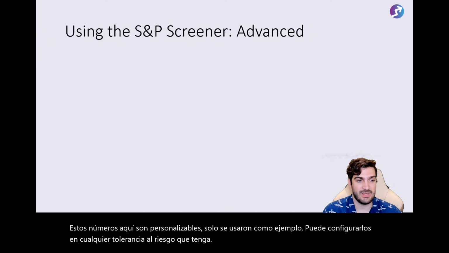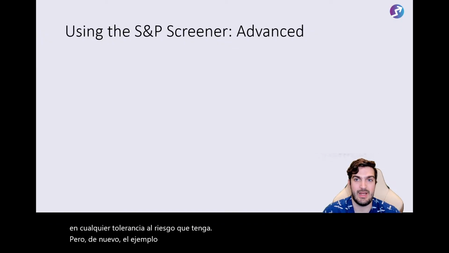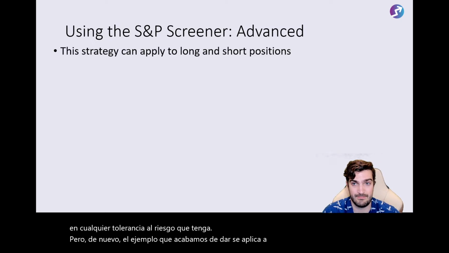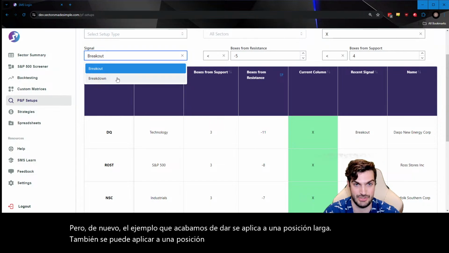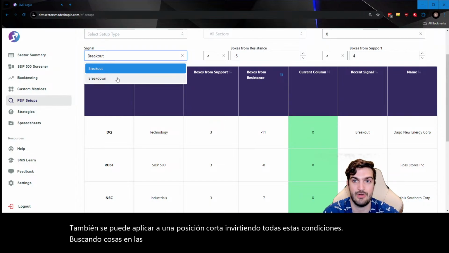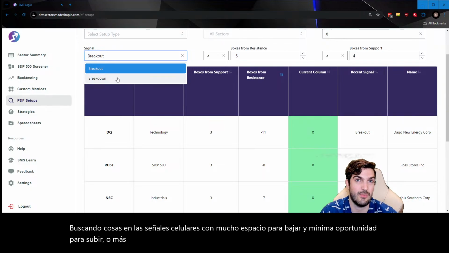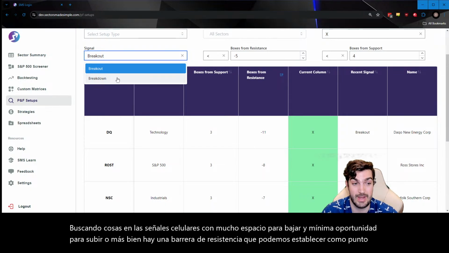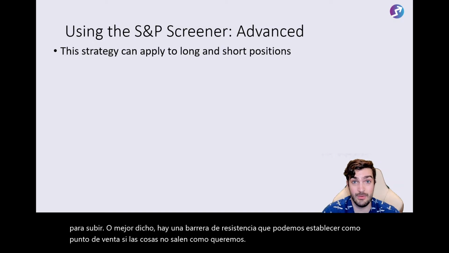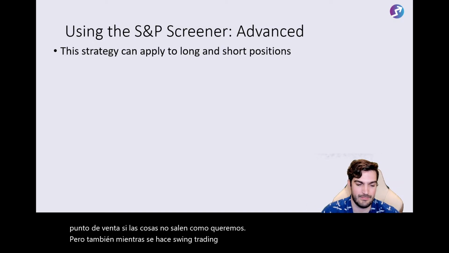But again, the example that we just provided applied to a long position. It can also apply to a short position by reversing all of these conditions. Looking for things in sell signals with a lot of room to go down and minimal opportunity to go up, or rather there is a resistance barrier that we can set as a sellout point if things don't go our way. But also, while swing trading with this is a little bit slower,